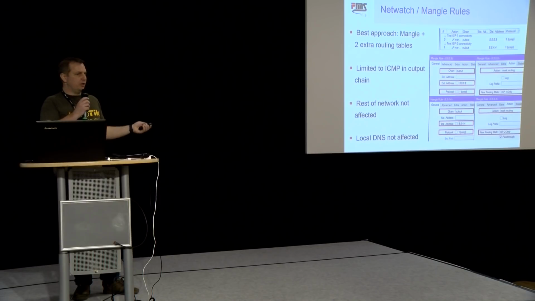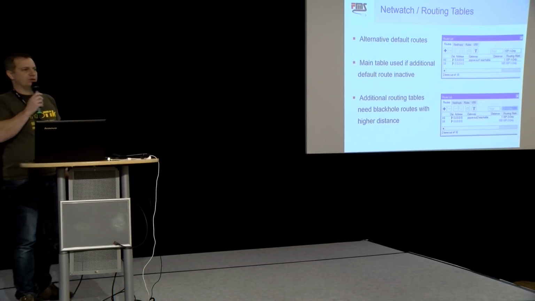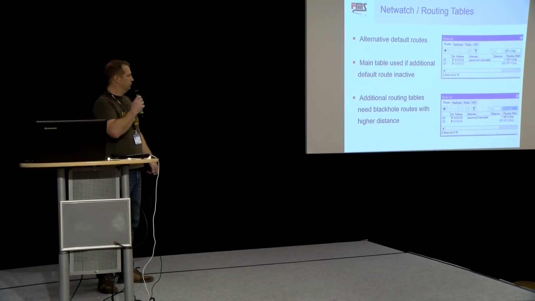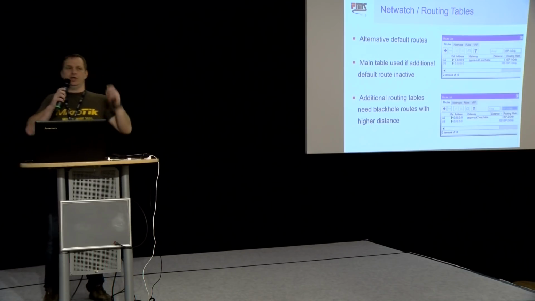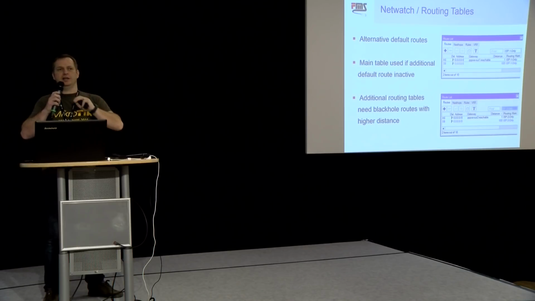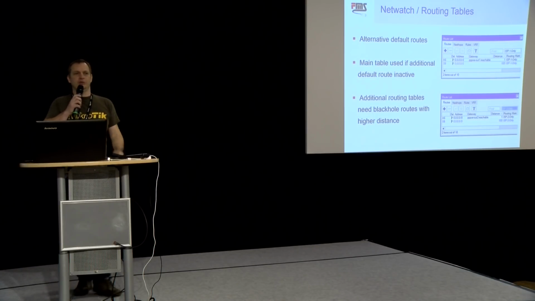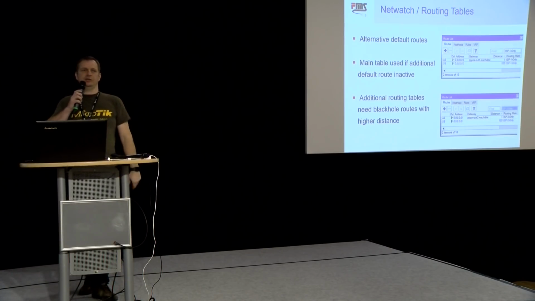We do the same thing for 8.8.4.4, and here are the two routing tables that we're using and that we want to have the Mangle facility point to. The upper one for ISP number 1 is having an alternative default route. So ICMP packets from the local router to 8.8.8.8 will be mangled, will be using this default route,